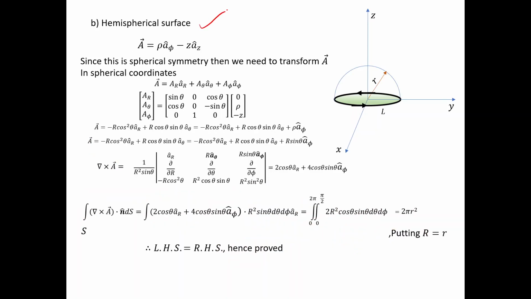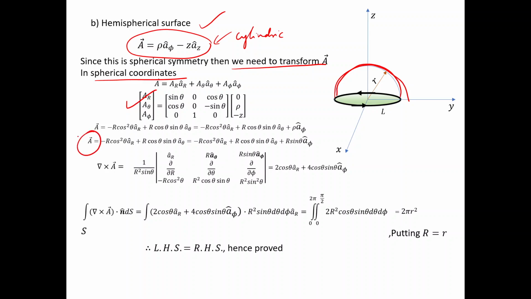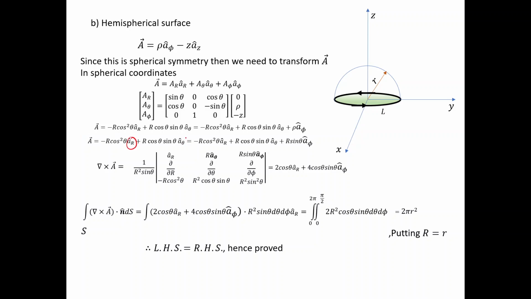Now for the hemispherical surface, this is a sphere. First we must convert: this representation is cylindrical and this is a spherical symmetry. We need to transform A into the spherical coordinate system. Then by using the matrix or vector transformation, we can finally find the A vector in a spherical system, r, theta and phi. And then, using the formula for curl, we can finally find the surface integral. You obtain the curl in the spherical system and put this in the formula for surface integral,